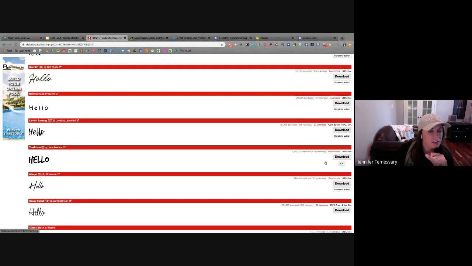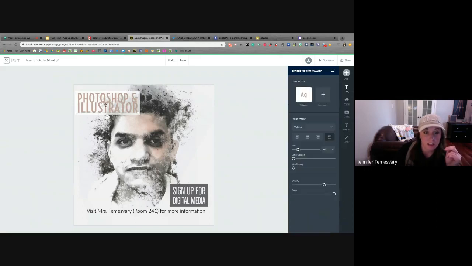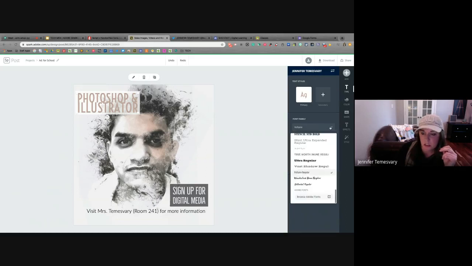import, I think import. And then from there, when you go to Adobe Spark to actually upload the font in there, you have to get your text tools pulled up. So I'm going to click on an image or on the text itself. So these tools pull up. And then from here, your fonts are here. So you do not have to use that website, just like the color palette. There's a lot of options in here, and you can